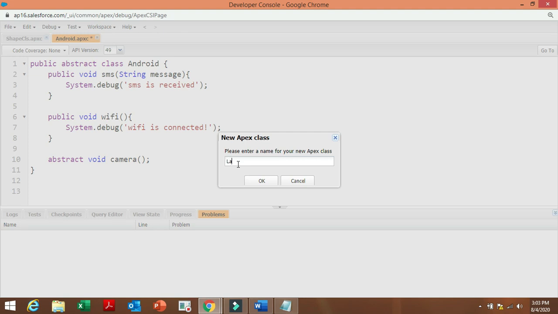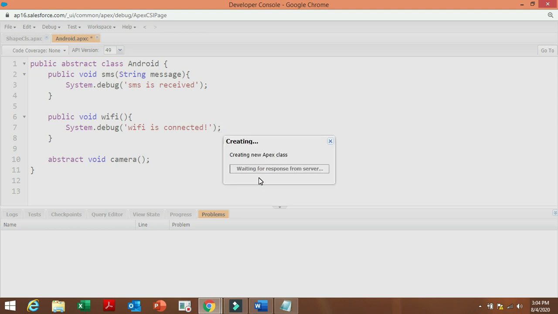So here I am trying to save this abstract class. In this method we have to provide the public access modifier. That's why it's not saving, I think. Sometimes this developer console will hang, it will show the same error many times. So I tried to close the developer console and tried saving again.